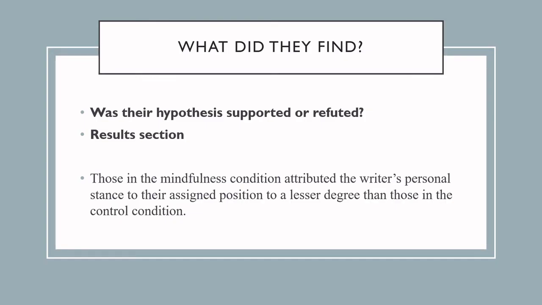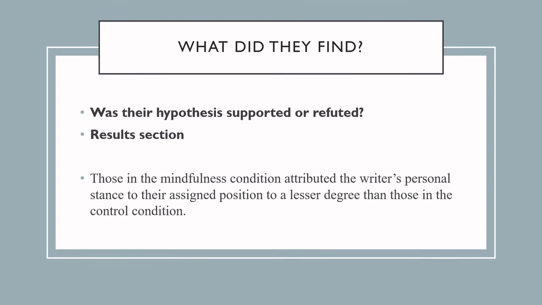So the next part of the study, we're interested in letting the reader know, what did they find? What were the results? And not surprisingly, we're going to be able to find this information in the results section. And they might describe a lot of numbers, which, especially the more stats classes you take and the more comfortable you get with the statistics, it's important to look at the actual numbers and see if they make sense to you, see if they're reporting effect sizes. But once you do all that, you go towards probably the end of the results section, and they'll tell you